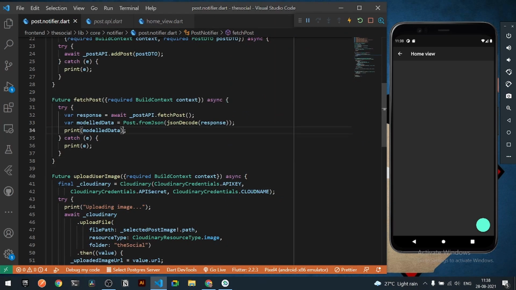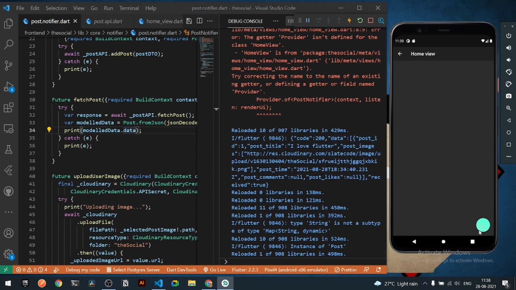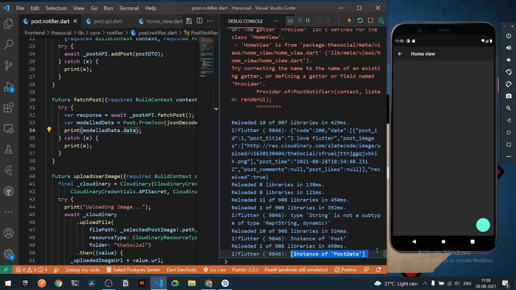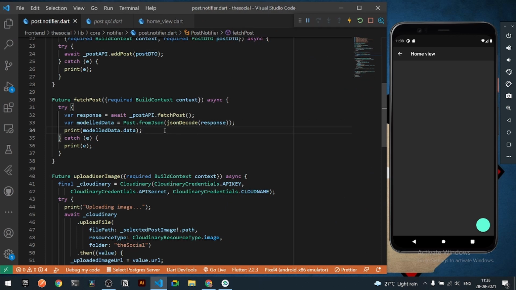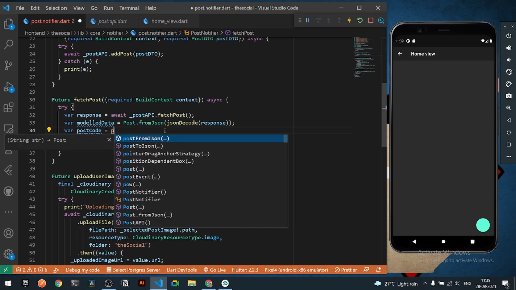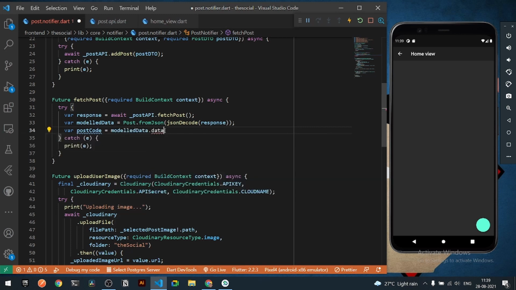If I type here postData., you can see I'll be getting data, and data will be a list of all the data, right? If I print data here and open it one more time, you can see I will be getting a list of instances of Post, right? So this thing is working now. I can say variable postCode should be equal to modelData.statusCode, right?